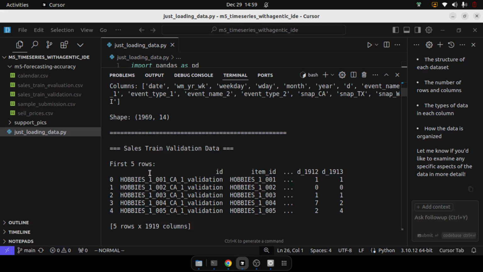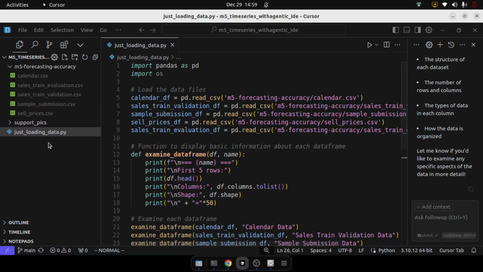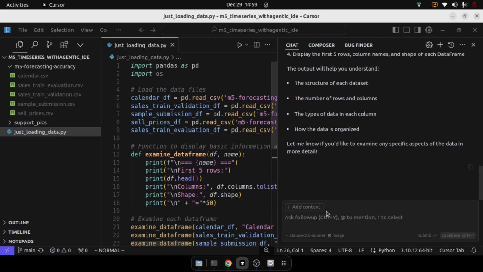Next, we are going to ask it to create a script separately again to clean the data so that we can use it for data understanding in EDA. Okay, so that's what I'm going to do, and I'm not going to touch this just loading data.py. Okay, so the way I approach the problems is by splitting it. So you split a problem into smaller problems, and then you ask the LLM to do it for you. You're not going to do it. I can actually do it by myself, I know that, but when LLMs can do it, why not? Okay, so okay, thanks. Now